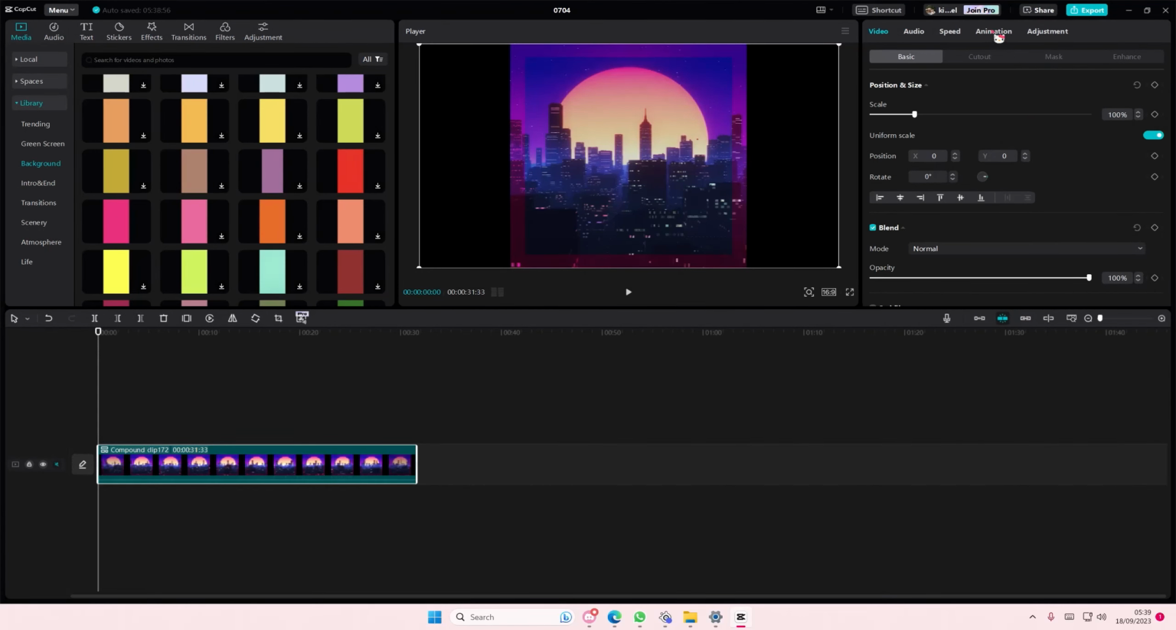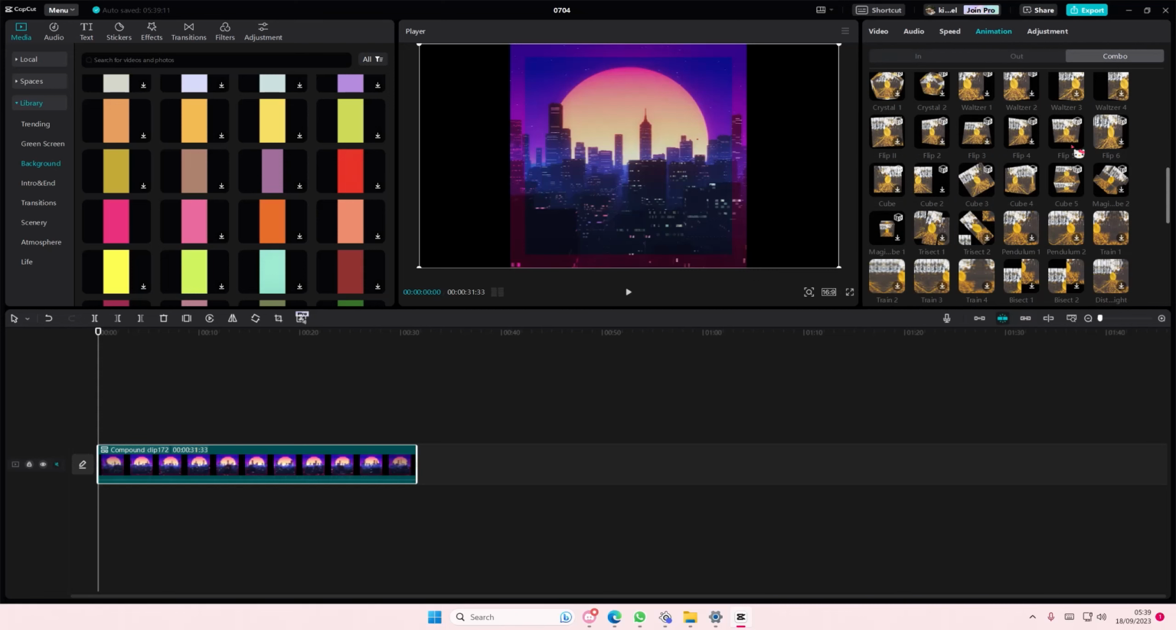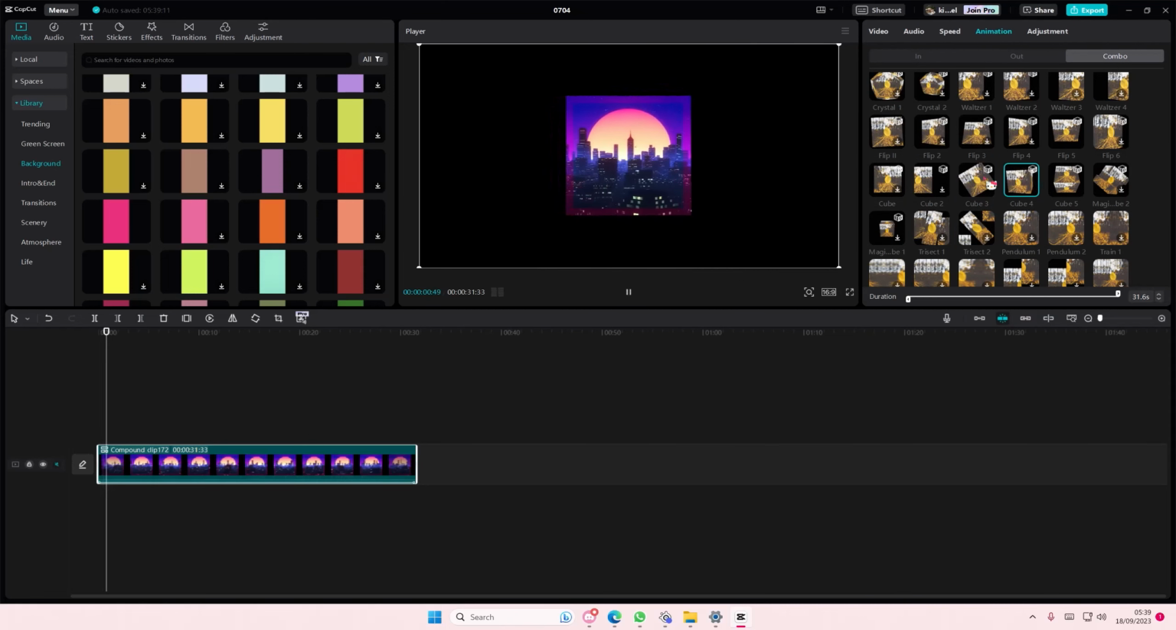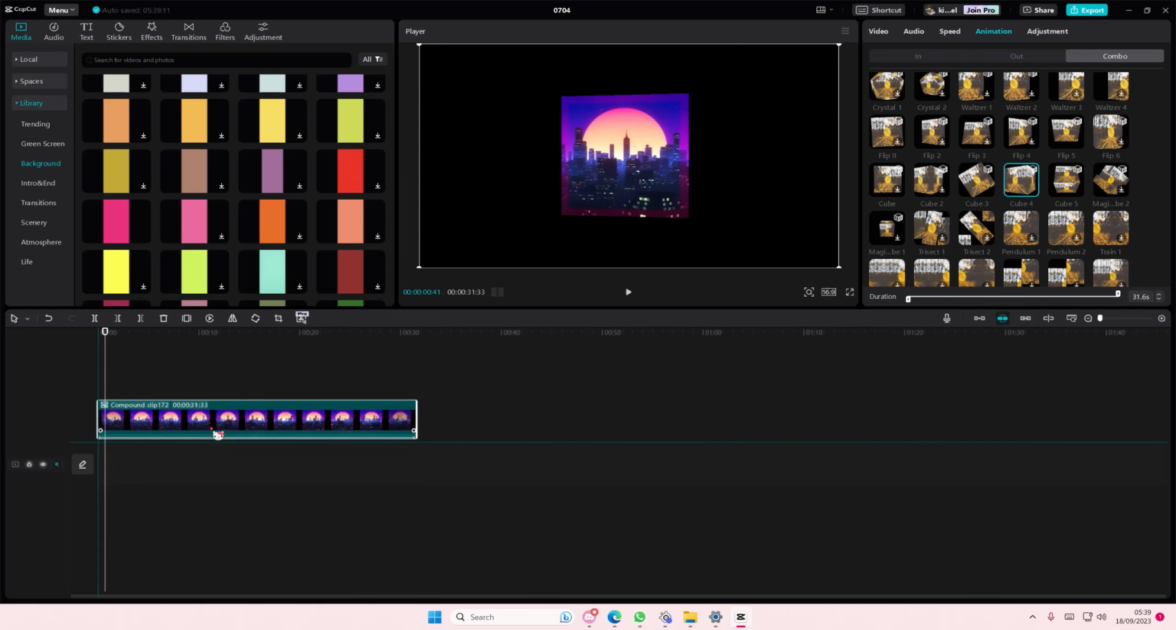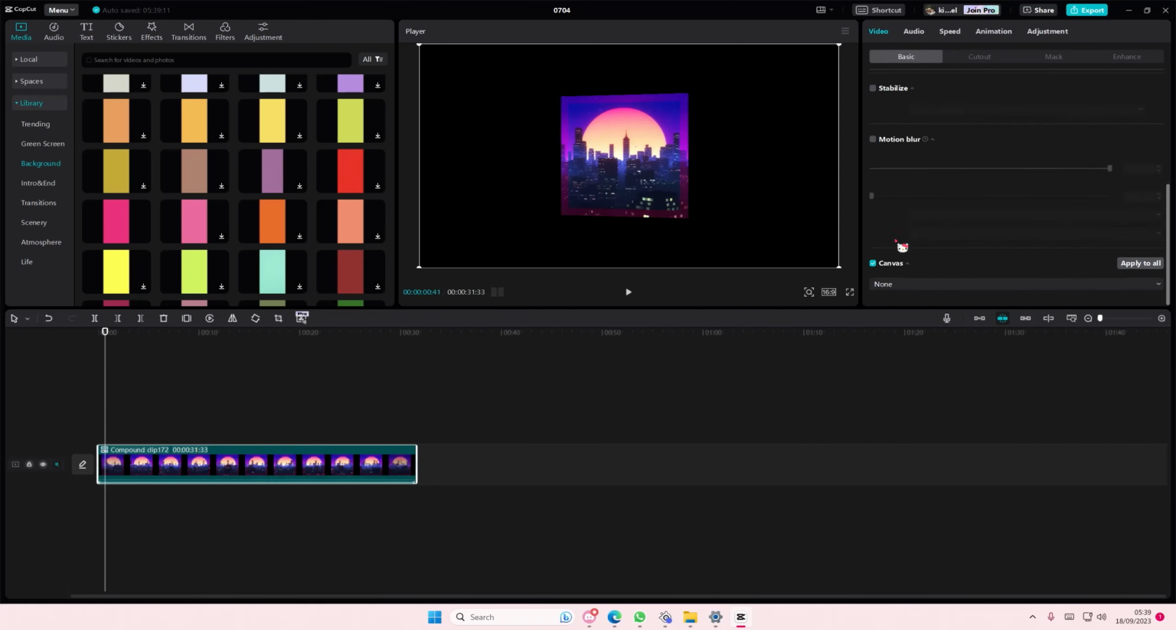Then you're just going to simply go to animation, go to combo and select the cube. You can choose either cube 4, cube 3, cube 5. Totally up to you. If you want to add in another background, you can just go down here to canvas,